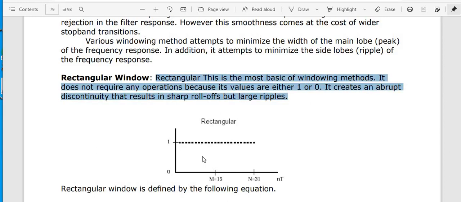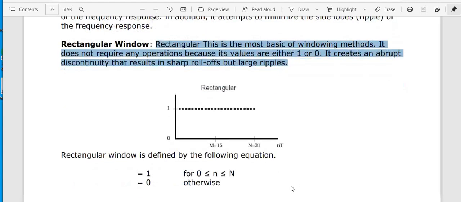So what is a rectangle all about? As you can see, if I had amplitude as 1, and so on till n number of infinity, if I do have ripples, the rectangular window is defined by the following relation: w(n) equals 1 for 0 less than or equal to n less than or equal to N, where N is the number of samples, and equals 0 otherwise. So this is my rectangular window now. This and this sides will be equal and opposite sides are equal. Whatever the number of samples I am using, based on that I am going to take the value.